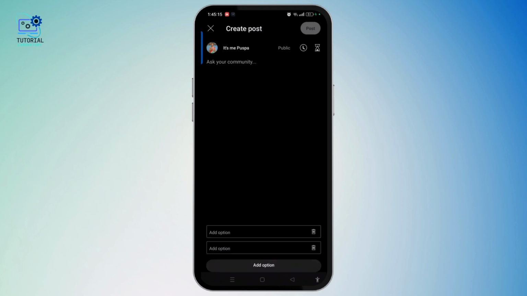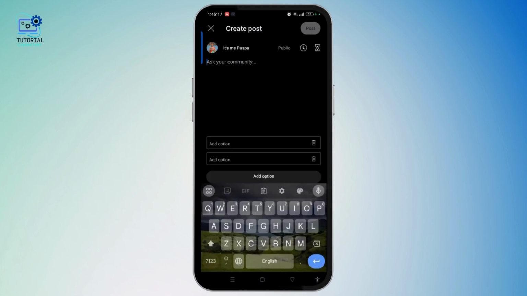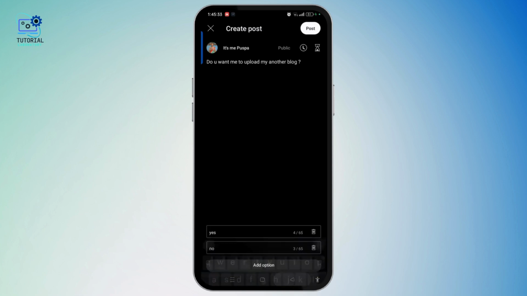So let's ask our community, and you can easily add the options as well. Once done, you can also add more option by tapping on add option,